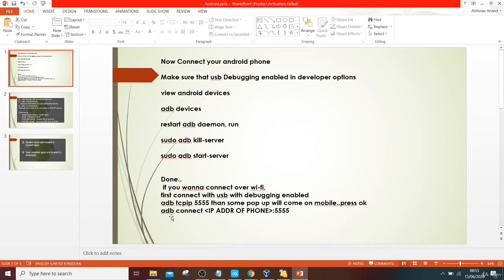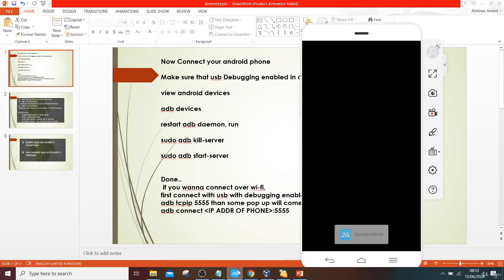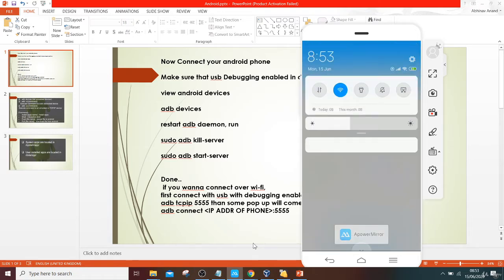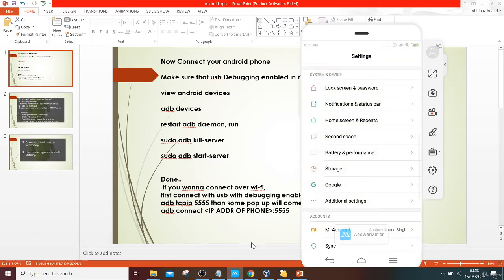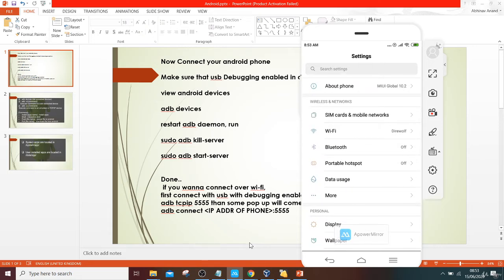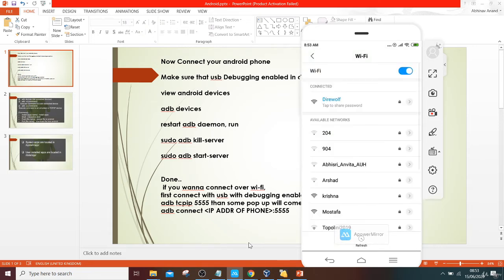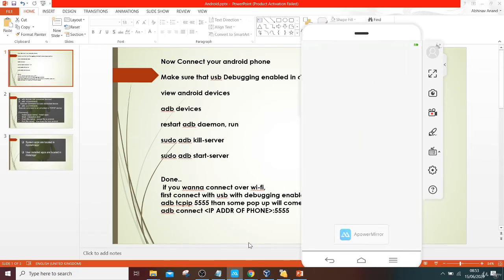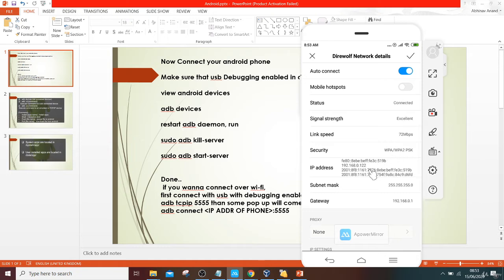Then you have to connect with adb connect and use the IP to connect it. The IP configuration you can see from here. On your mobile, go to settings and go to the Wi-Fi over which you have connected, and then just tap it here, and it will show you the IP details here.